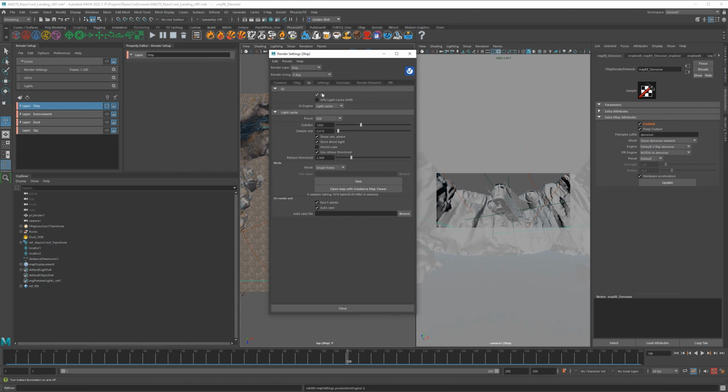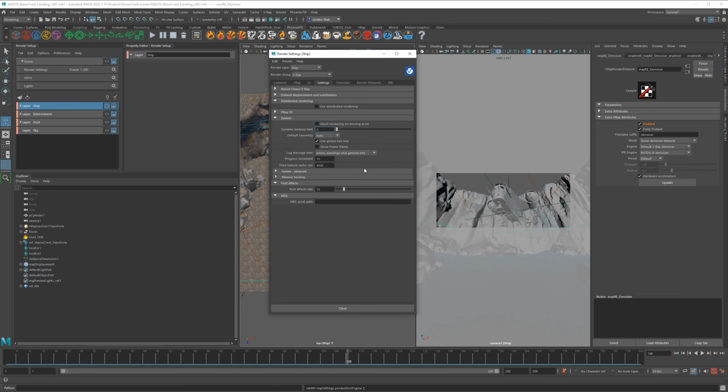All right, GI. GI should be on by default. That's probably fine. For the preset here, if you are trying to use what is called a light cache, it's going to calculate your bounce light, but not for every frame. It's going to do it for either one frame if it's on a still and just use that same cache for the entire animation. But that can lead to poor results, especially if there's a lot of motion going on. You can set it to animation, but this is going to increase your render time quite a lot. For this, we're going to leave it on still. But if you're trying to do a final production render, we're going to do brute force. So it doesn't use a cache. But for now, this is good to go on this.